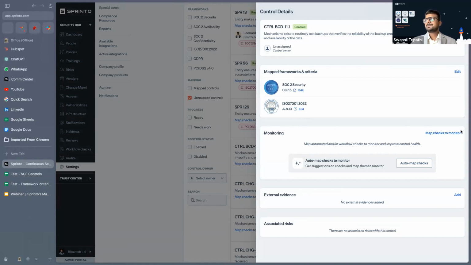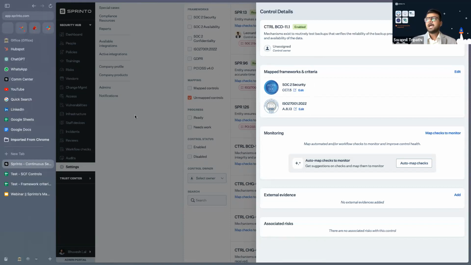And now Sprinto is giving me an auto map checks feature. And this is what we are calling Magic Map. What's happening here is Sprinto has read that this control, which is an outside control from Sprinto's environment, is mapped to these two criteria within the SOC 2 security and ISO frameworks.